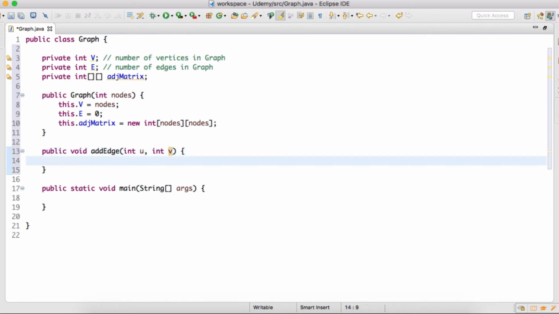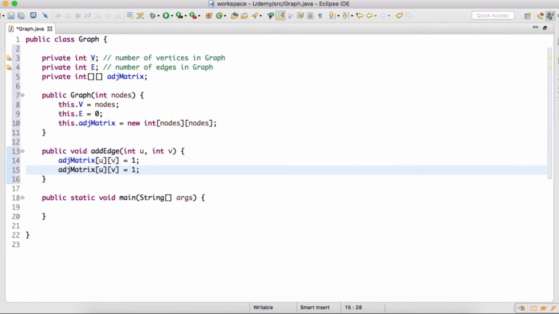Here we simply assign a value of 1 to the uth row and vth column, which represents an edge, and vice versa from v to u, because it is an undirected graph.